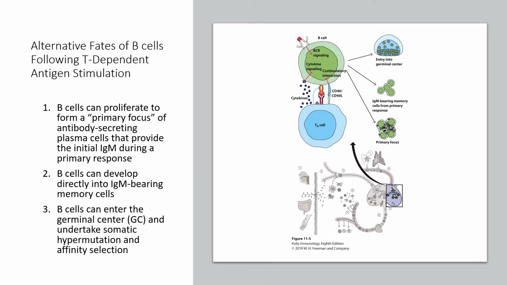So what's exactly going on in this particular figure? This is mostly the visual summary of some of that stuff. This is when you get interaction between the B cell, B cell receptor signaling, some cytokines that are coming in, and interactions with a helper T cell. This triggers one of three main pathways: entering into the germinal centers, becoming memory cells, or forming a primary